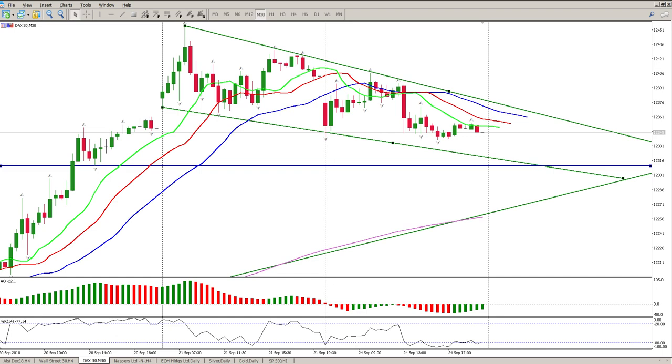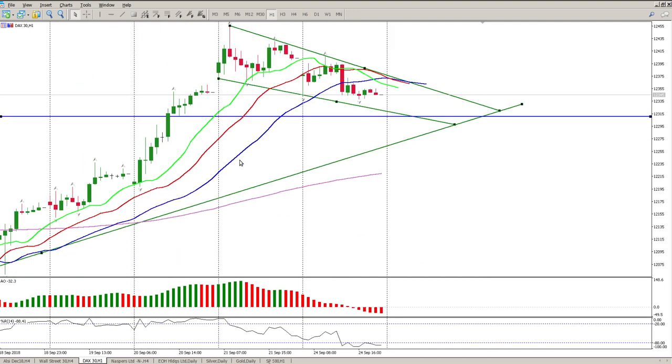We close at 12,345. So we're within this area. I do expect another gap down today, and then it's going to be a question of where do these buyers step in. Now, the reason why I am still pretty bullish is